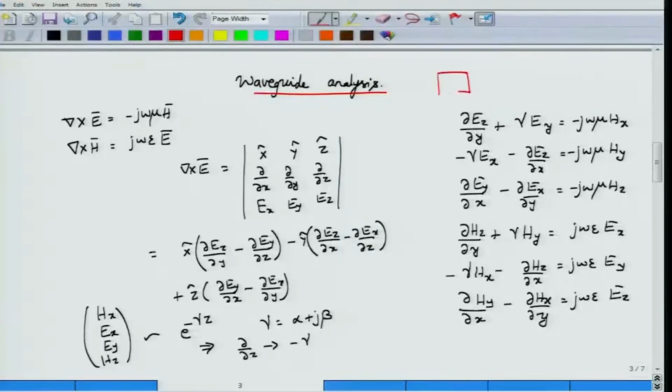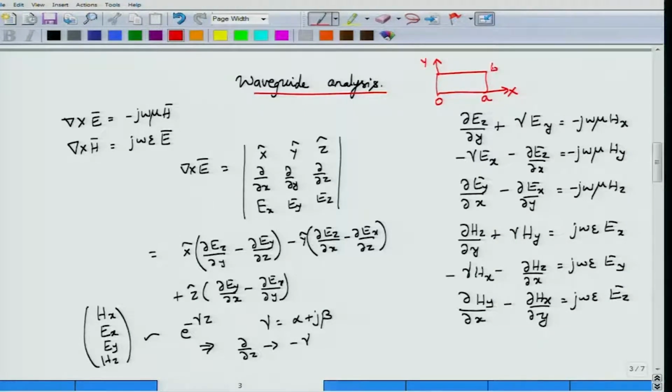In this module we will begin analyzing waveguides that we discussed in the previous module. For the sake of simplicity, we will consider only rectangular waveguides, which means that they have a rectangular cross section. So if you look at the cross section, this is how they would look. Probably let us make it more rectangular rather than square. So along the x axis, along the y axis, the width of the waveguide is A and the height of the waveguide